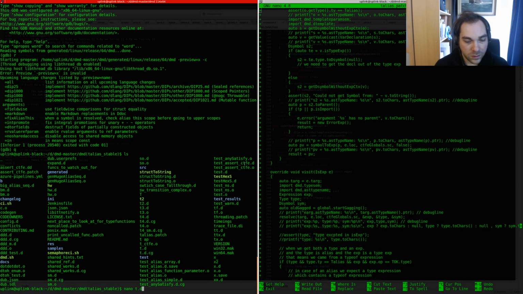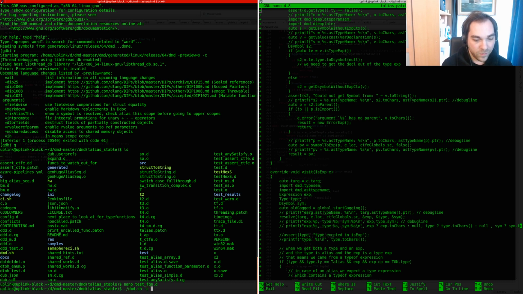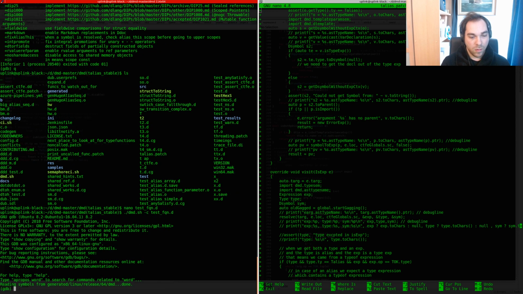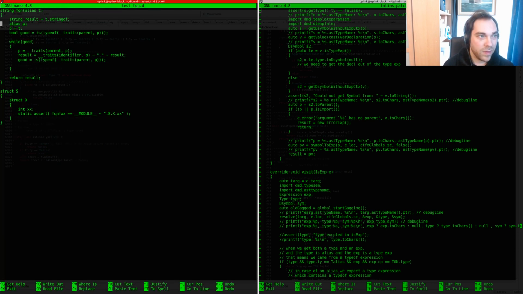And so we take this, we say test fqn, like that, and we would like this to work. If we build this as it is right now and run it, we get "no identifier for declarator p in line 4". So that's, this one surprisingly works. I would like to know what this is passed as, but